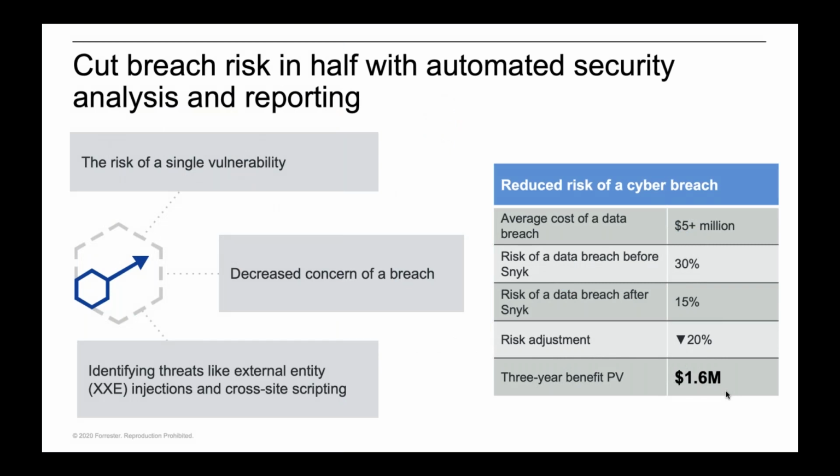Before Snyk, the organization primarily tracked major security threats through news reports of threats. Any other vulnerabilities were caught through manual reviews of their infrastructure. The interviewee specifically cited the 2017 breach of Equifax as a cause for alarm at their organization, and that they need to become more agile to avoid a similar scenario. Since adopting Snyk, the security team's concern over a cyber breach decreased, noting that it has been especially helpful to the organization in recognizing threats such as external entity injections and cross-site scripting.